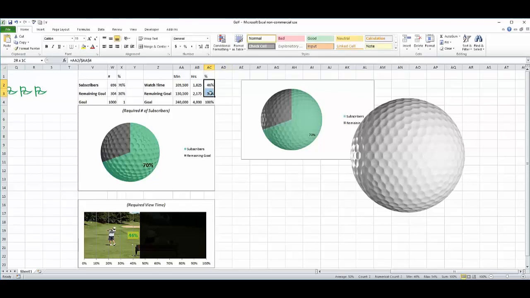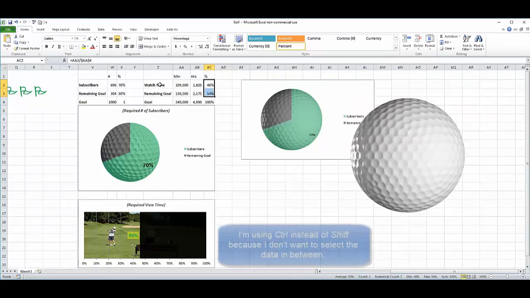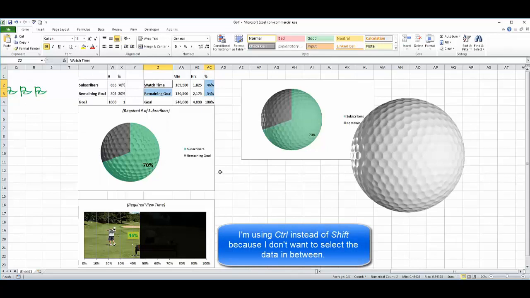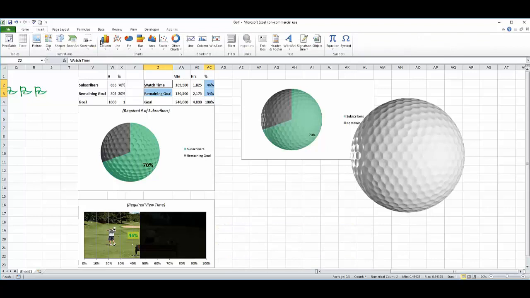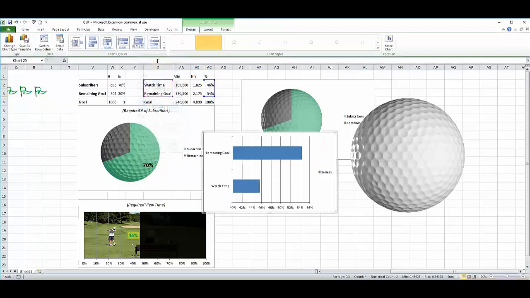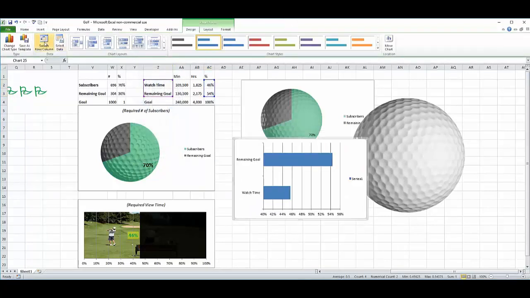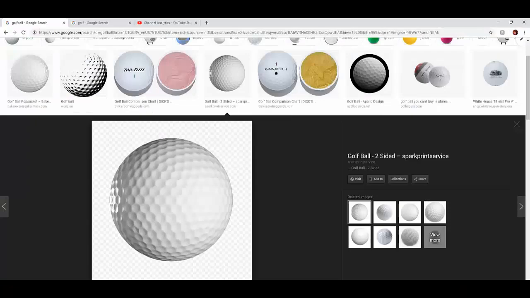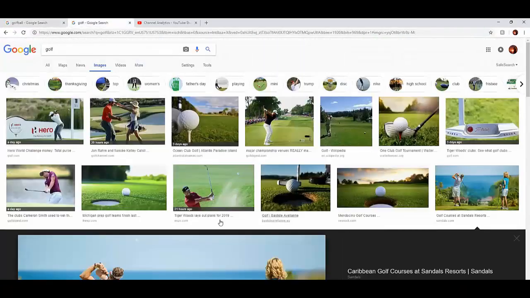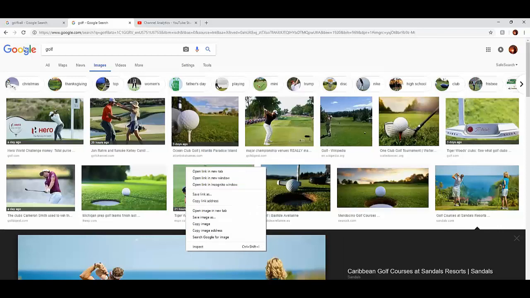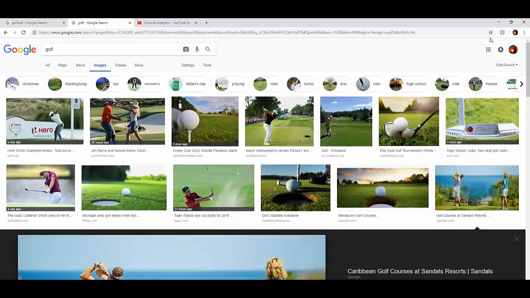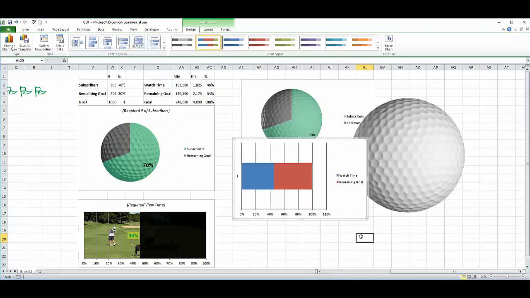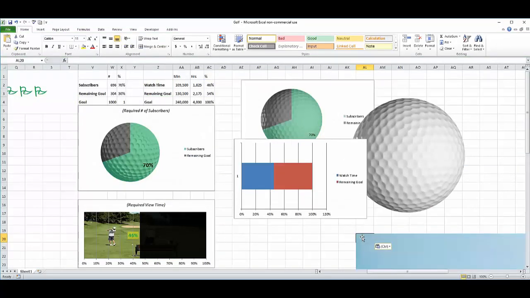So I'm going to select my percentages, and holding down Control, I'm also going to select my labels for my 2 categories. Go to Insert, Bar Chart, Stacked Bar Chart. Need to switch column and row. There we go. Find a suitable picture. Golf images, suitable picture, copy image, paste,